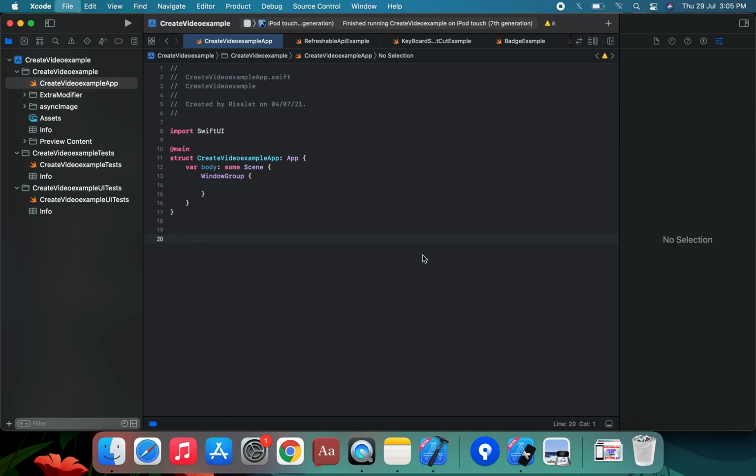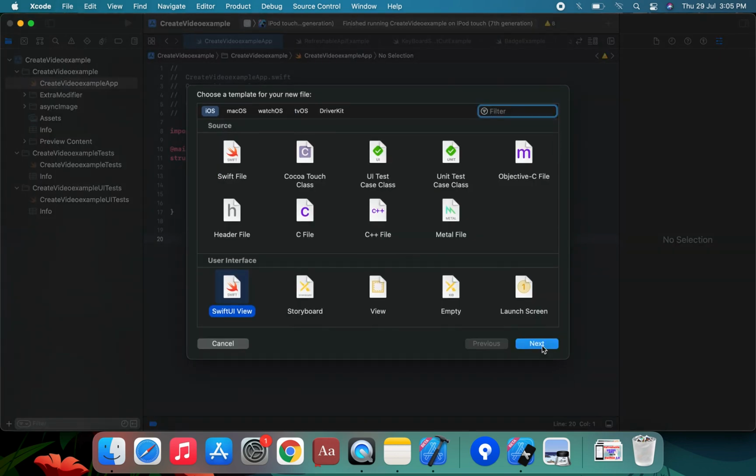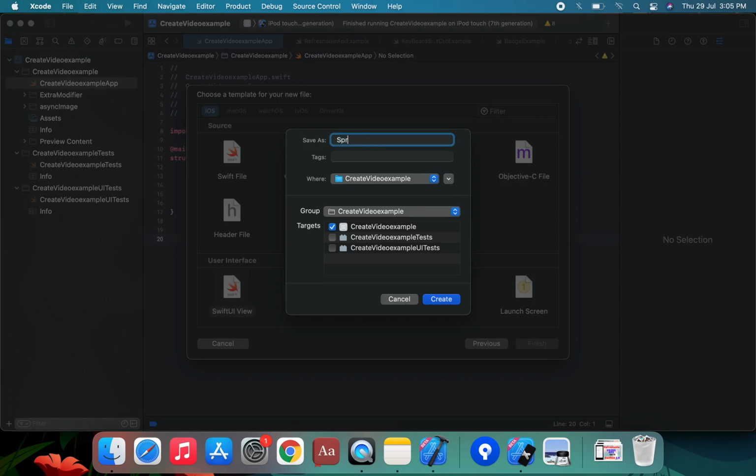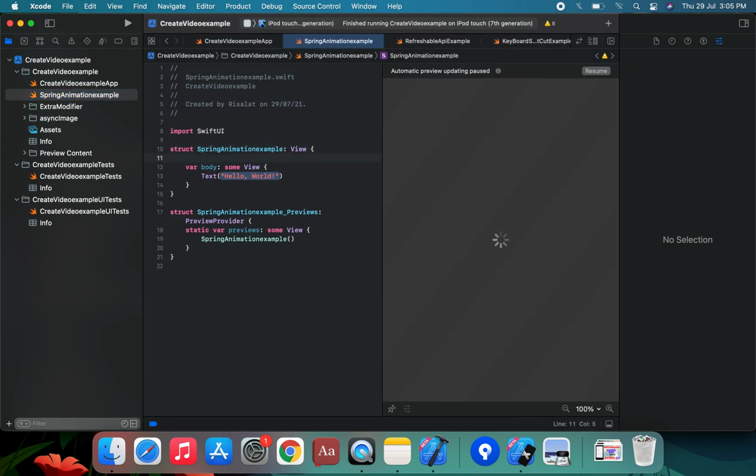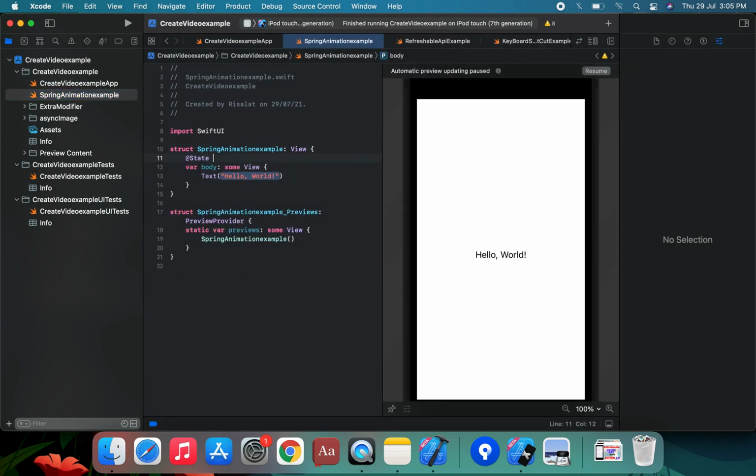We're going to create a SwiftUI view with a spring animation example. We create a state property, a private var, which is of type